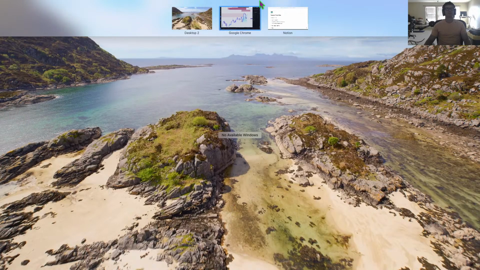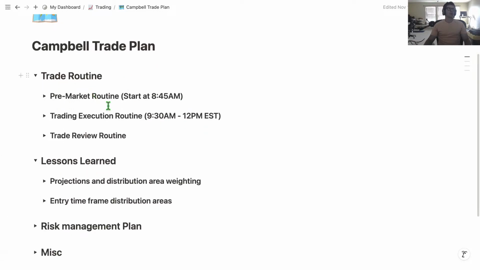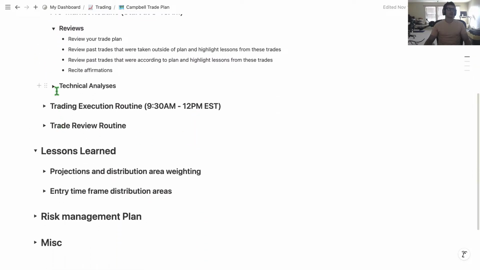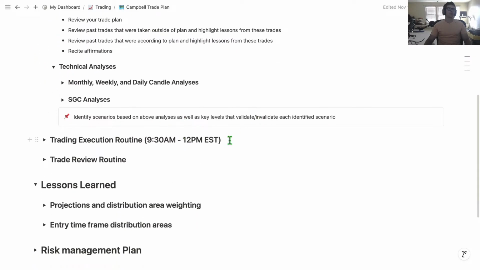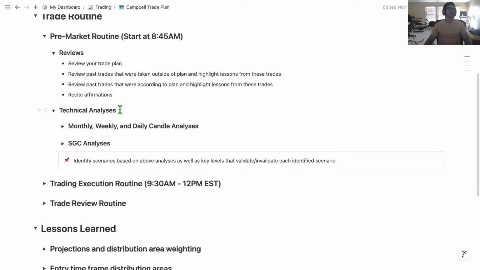Let's get started. Let's review the trade plan. So the whole routine involves reviewing the trade plan, reviewing past trades, reciting some affirmations, and then also reviewing that. Well, that's it before the market starts. So the trade plan,